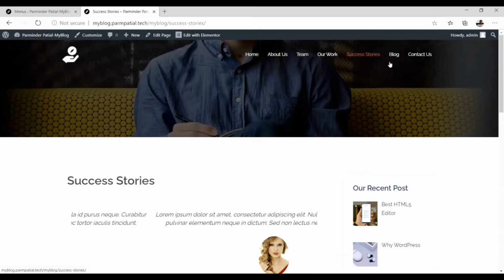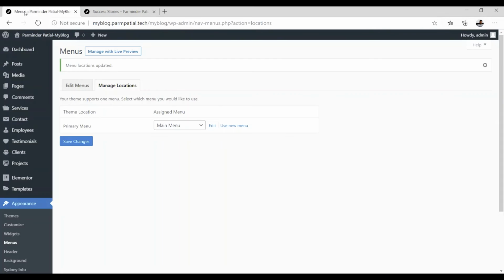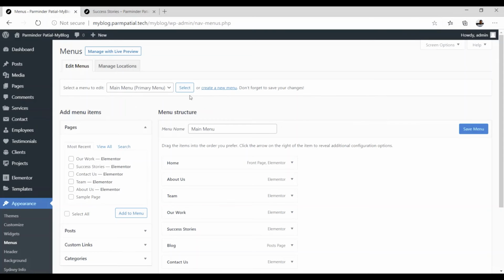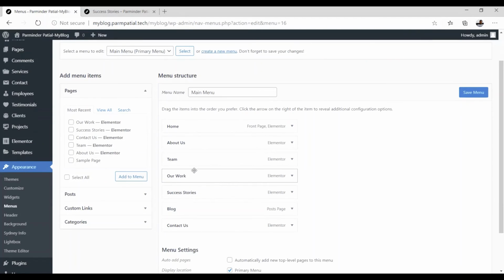In order to do that, go back to your dashboard, appearance, then menus, click on the edit menu tab, and open your main menu. I want team to be the sub menu, so you have to make the team option level 2.